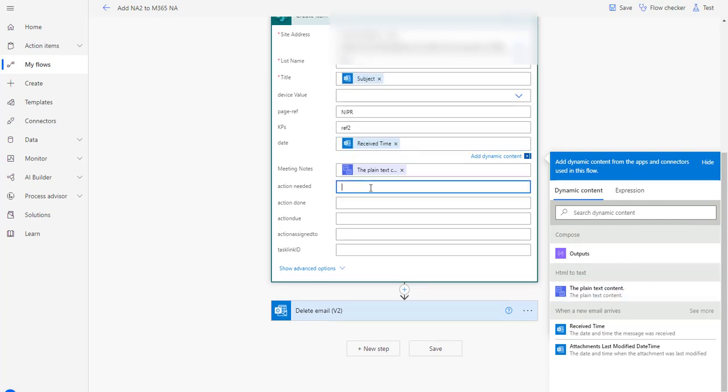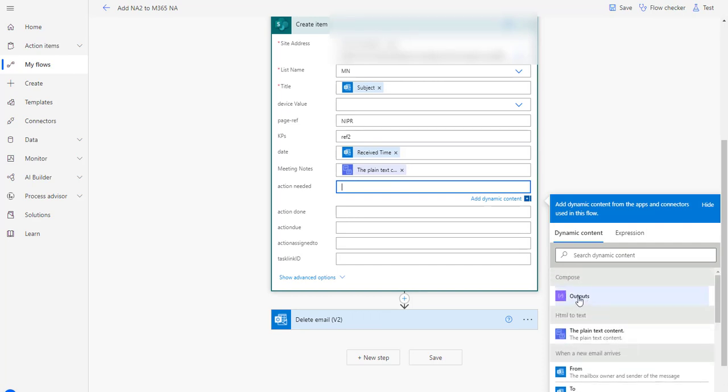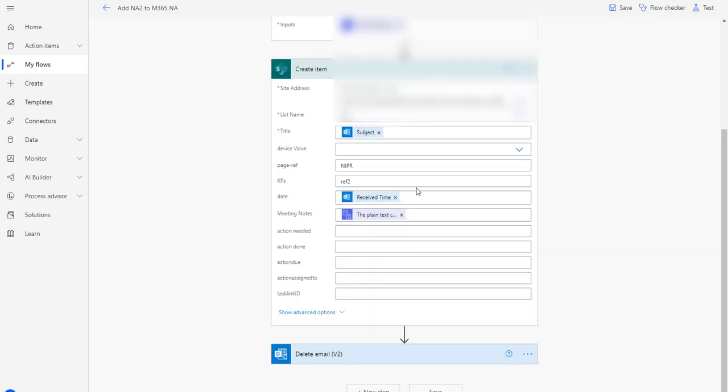Notice if I want, I can pull data from different sources, right? Compose HTML. If I was accessing a list, you'd see some SharePoint stuff in here. So there's lots of things I could pull from, but I want to be careful in pulling the data from the right place. And remember, I converted that HTML to plain text right here. So the meeting notes section, I just want as plain text.